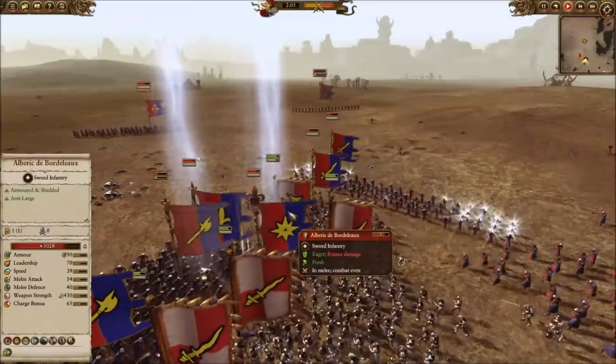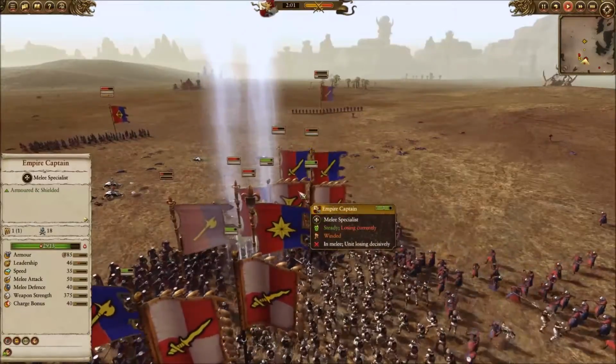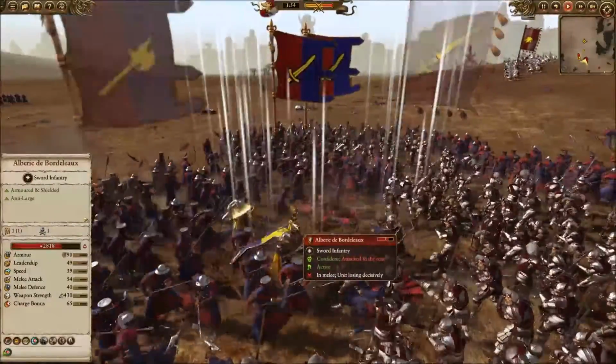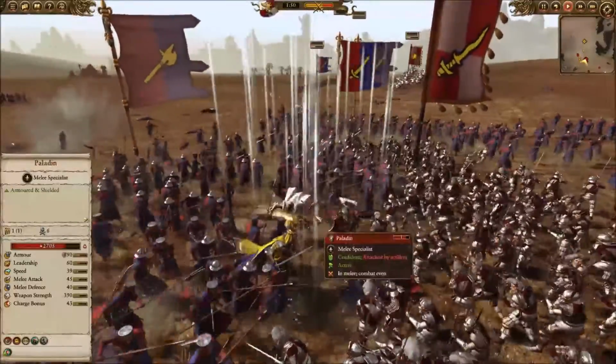And at this point, these two, the Paladin and Albrecht, are doing pretty good damage to my captain. He's trying to 1v2 them at this point, which is going to be very difficult for him. I know he's got more health, but he's still...